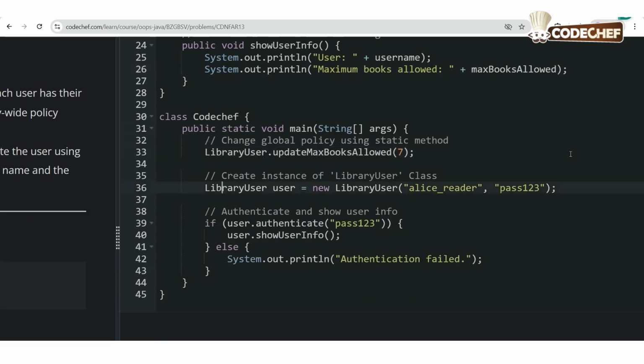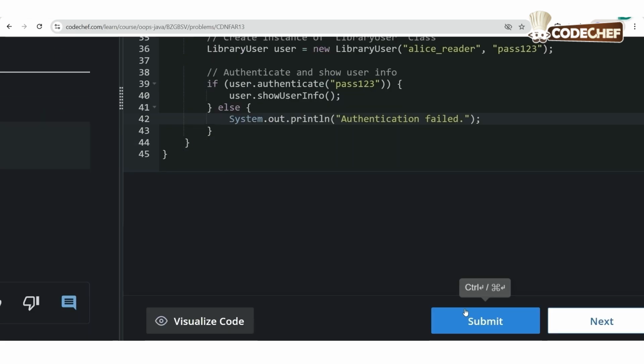So here we have Alice reader and our password. We authenticate and show user info if user.authenticate(password) is true, else it says authentication failed if the password is not correct. So now let's try running this program.